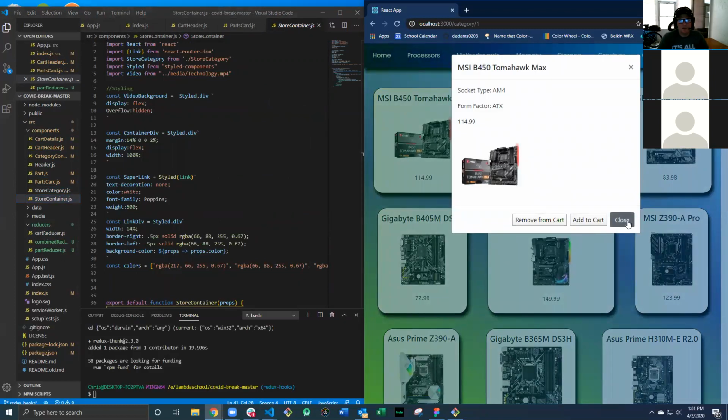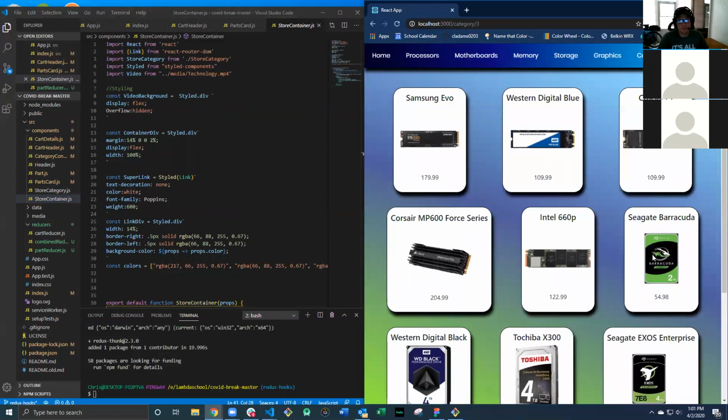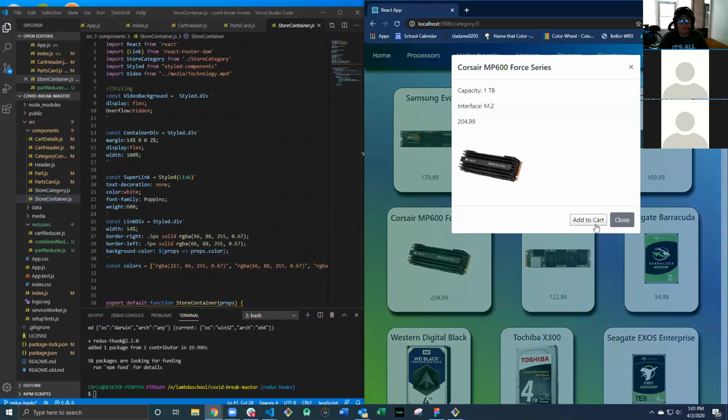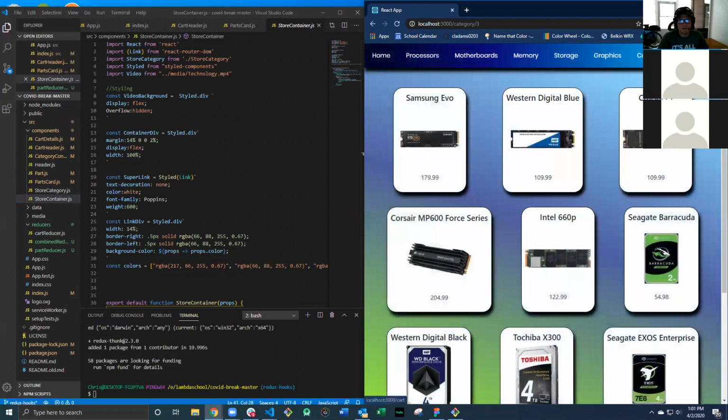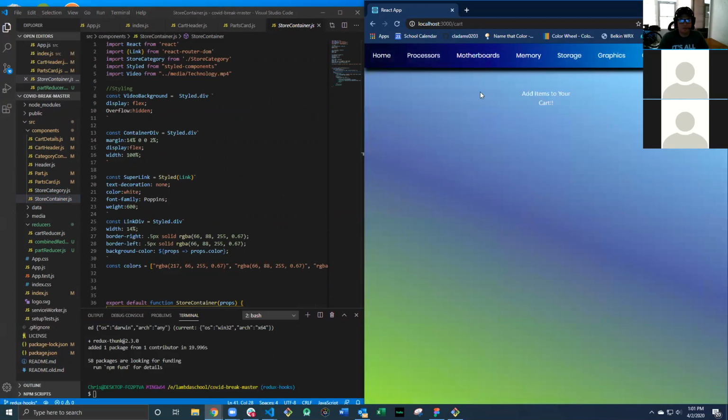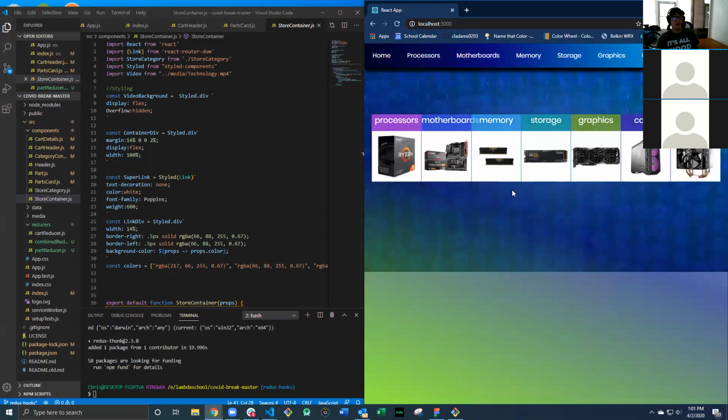Add to cart, close. Let's get some storage. Let's grab this thing, it looks cool. The cart close, let's check out right there. We remove. We are good. App's functioning. Everybody caught up? Yeah. All right. Now the next thing we're going to do with the Thunk and the way the state machine and